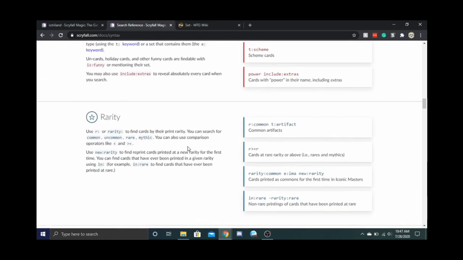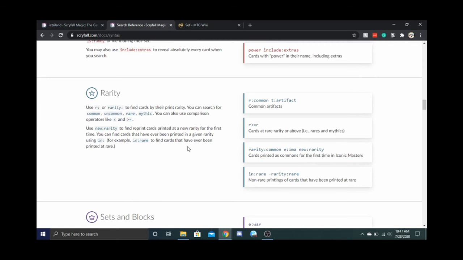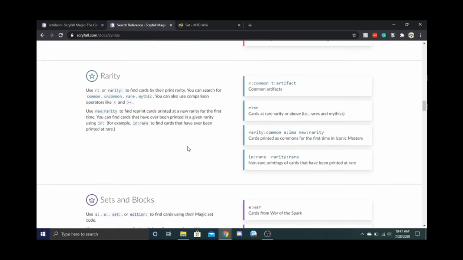Alright, so next up is Rarity. Rarity is pretty simple. You can find cards by their print rarity by using R or Rarity. Basically there's a couple different ways this can work, but if I just looked up R or Rarity, then that would mean if they were at any point printed at that. Sorry, no, that's wrong. If they were originally printed, I'm not actually sure about that, because if you do in